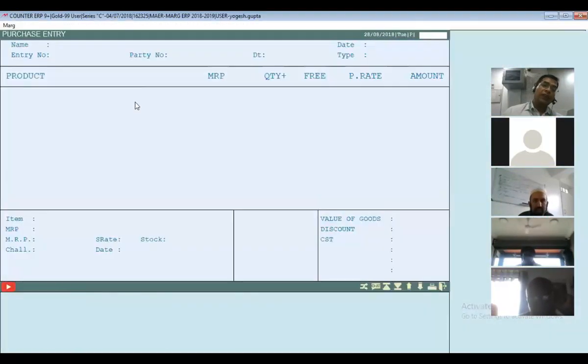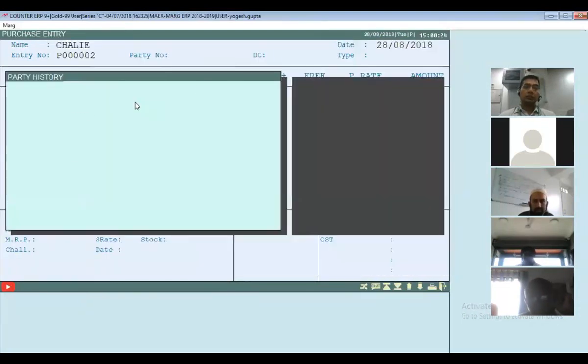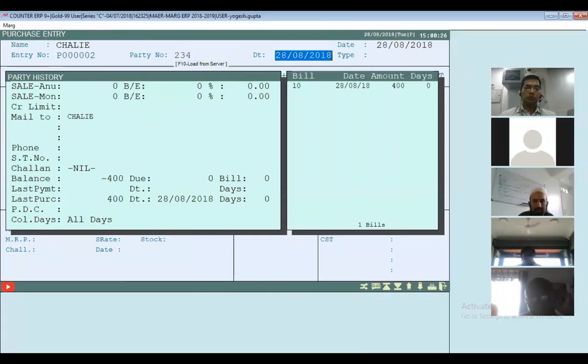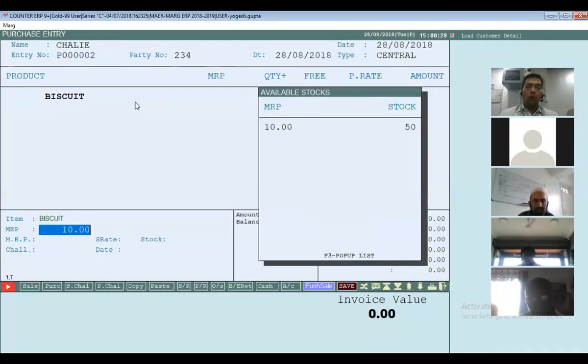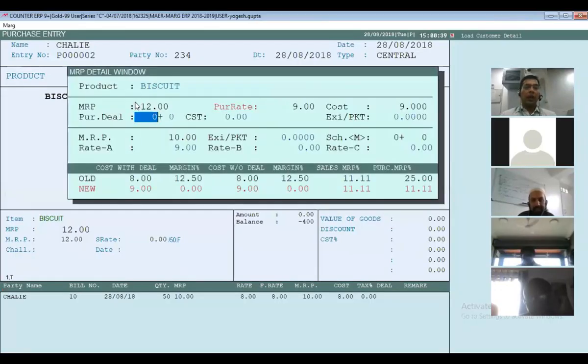But if I enter one more purchase of biscuit whose MRP is 12 rupees and I purchased 15 quantity. Now the purchase rate is 9 rupees. MRP is 12 rupees and I'll sell at 11 rupees.